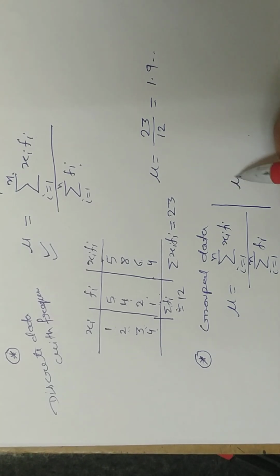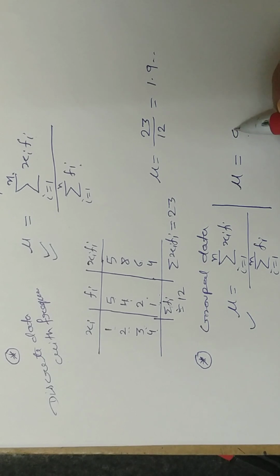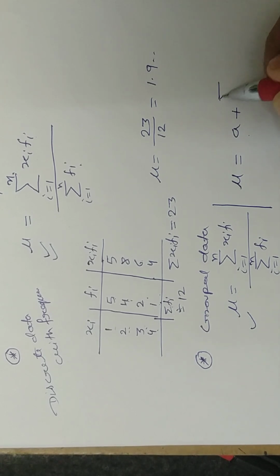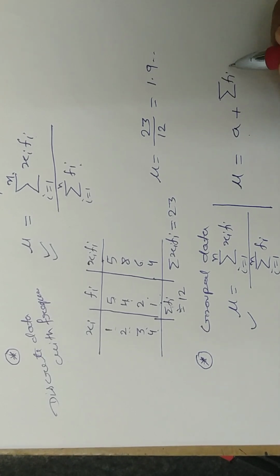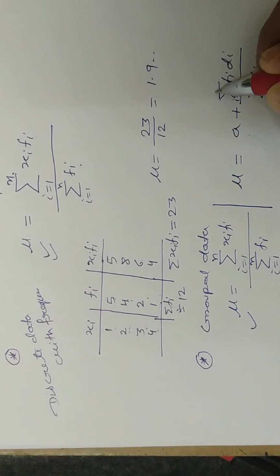Also we can use a shortcut formula: a plus sum of fi di upon sum of fi, i equal to 1 to n,